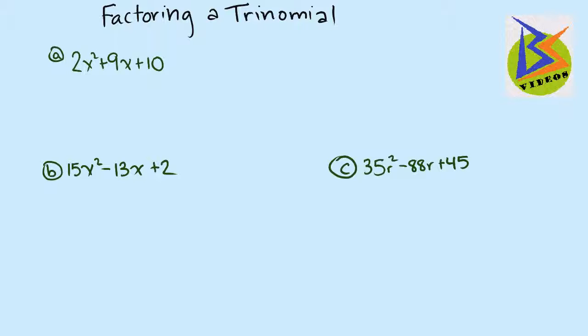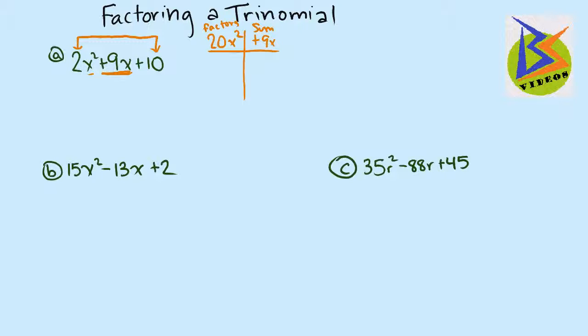Secondly, let's make sure that they are in descending exponential order. So we have the x squared, and then the x, and then no x. Now that we have that all in place, I want to multiply the 2x squared and the positive 10, so that we get 20x squared. I'm going to make a little t-chart, and take this middle term, a positive 9x. And so what we're going to look for are factors of 20x squared that will give us a